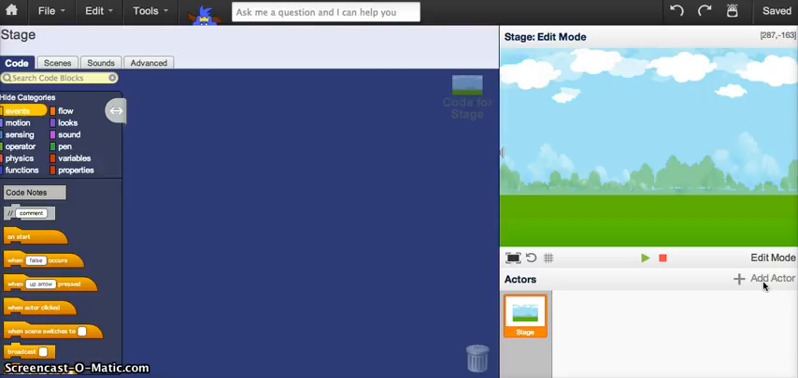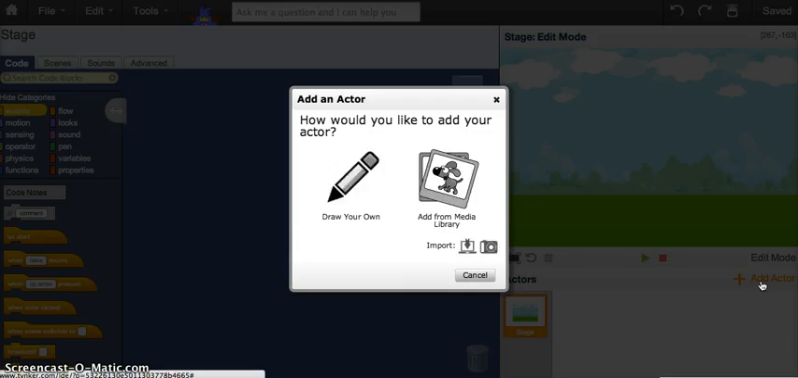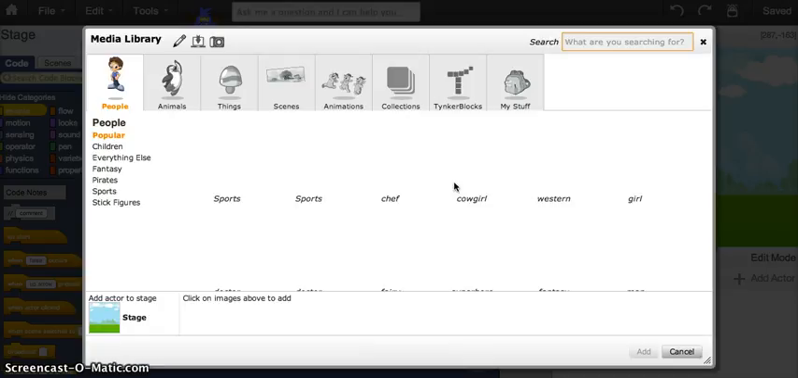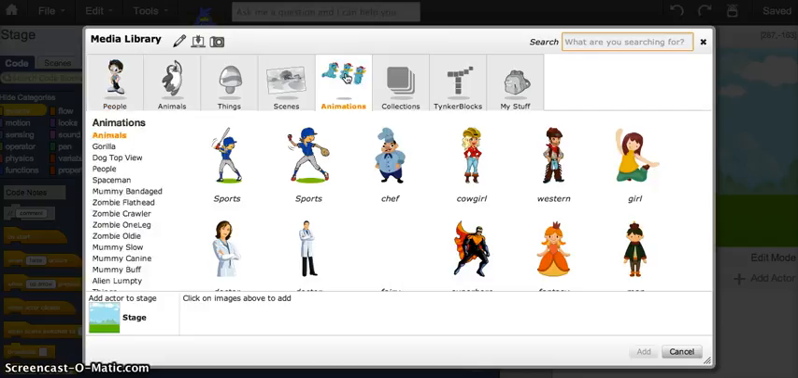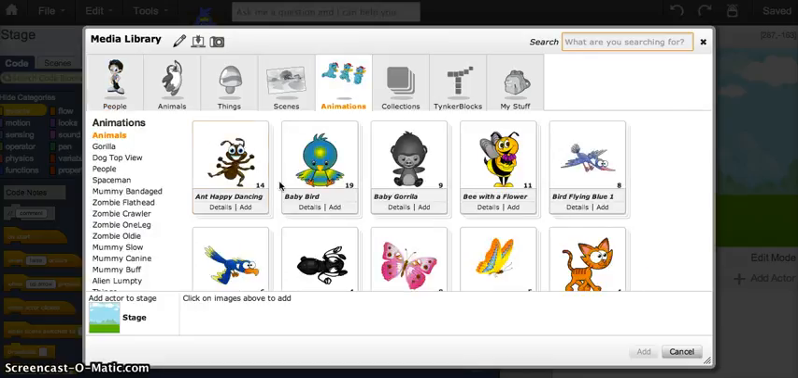So, the first step is that we're going to make the actor that's going to fly through the pipes. To do this, we're going to take our button and click on Add Actor. You can draw your own, or what I'm going to do is add from the media library. The advantage of adding from the media library is that we can also choose some of the animations that Tinker has. So, for instance, if we click on the Animations tab, we'll see that we have a bunch of